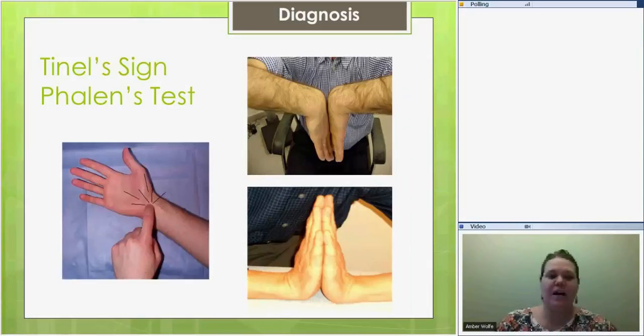Some of those methods of diagnosis, there are several different forms that a physician can use, but the most common ones are going to be called the Tinel's sign, which is the photo on the bottom left. Basically this is a percussion test where they're going to press on that actual median nerve in that carpal tunnel area to see if you're going to have any tingling or pain sensation. About 60 to 70% of people with carpal tunnel will have that tingling sensation show up when you directly push